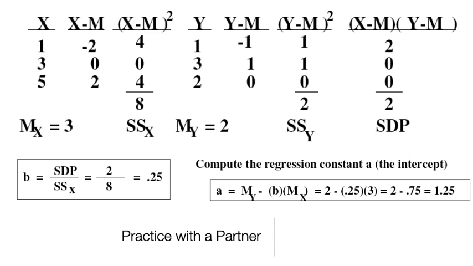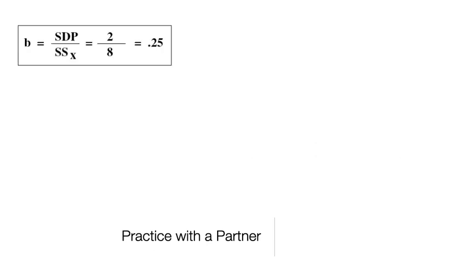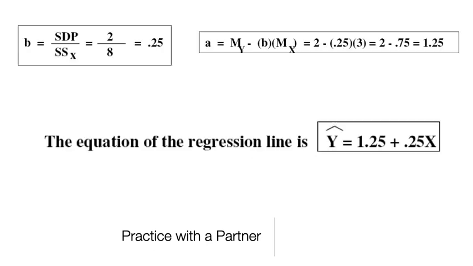We can also plot this line by calculating values. So we can take our 1.25, put that on our line where it intersects the y-axis, and then we could put another estimated value in for x and get that value. So one of the things you were asked to do for this, we'll put both of those values into our regression equation. So B is 0.25, our y-intercept is 1.25, so our regression line is y is equal to 1.25